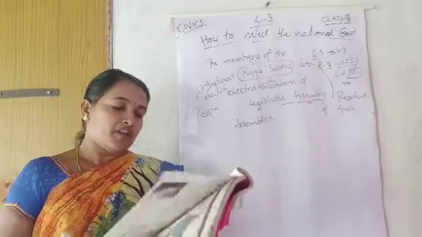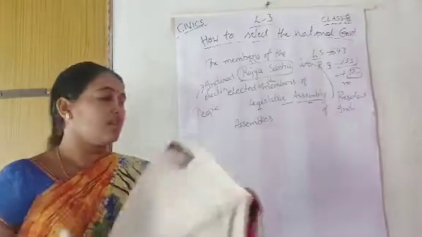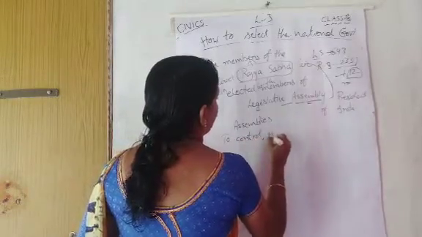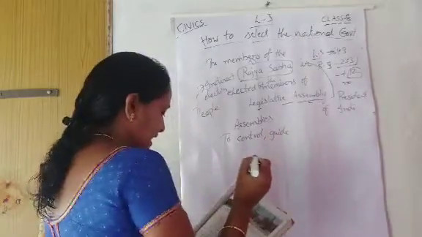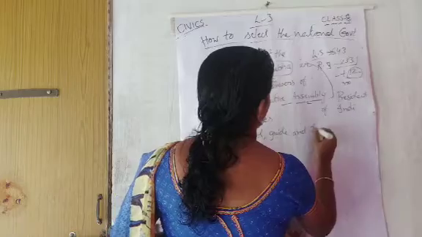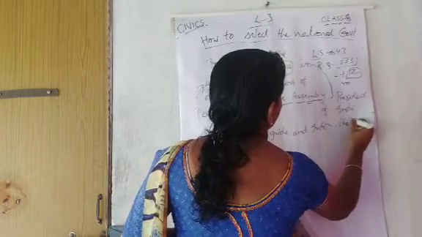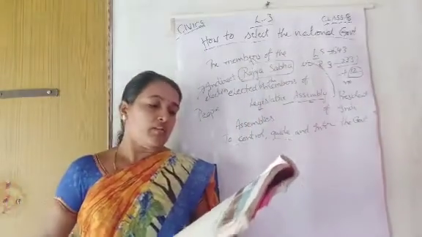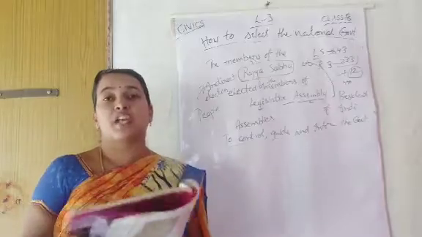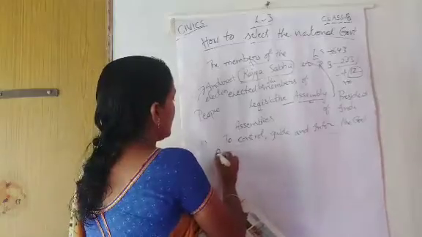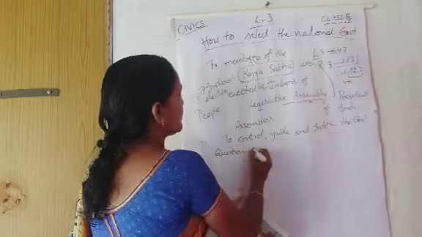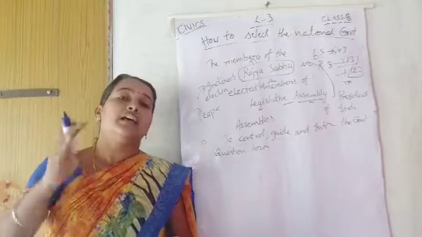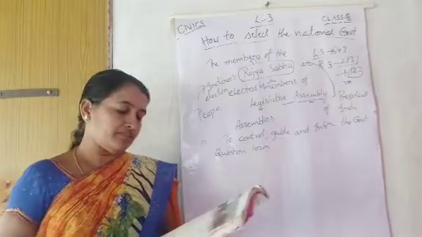Okay, next. To control, guide and inform the government. How to control, guide and inform the government? Okay, let's see how it will happen. The parliament, while in session, begins with a question. So the parliament session will begin with a question hour. Already you have seen parliament sessions on TV. There, all the members will be there. They will start that session with a question hour.